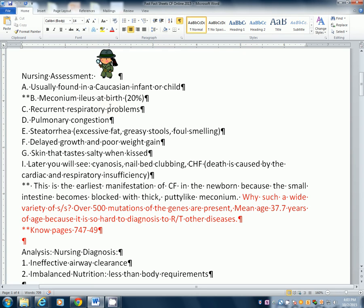It goes over these. It talks about abdominal distension, vomiting, failure to pass stools, and rapid development of dehydration being common signs and symptoms of meconium ileus. You need to know those. Then it talks about gastrointestinal manifestations you may see. Very bulky, loose, frothy, foul-smelling stools, and that's because of steatorrhea, the blockage of the pancreatic enzymes. They may have a voracious appetite, loss of appetite later on, weight loss, tissue wasting, failure to thrive, distended abdomen,